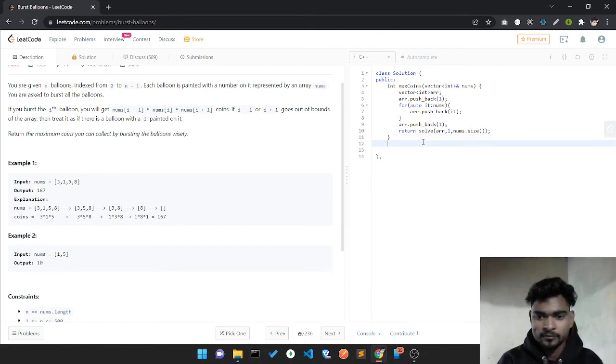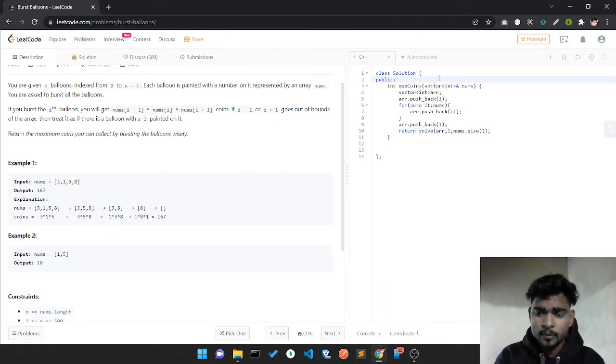I'll put this index here and this index value here, because I want to iterate only over these elements of the array, not beyond this array.